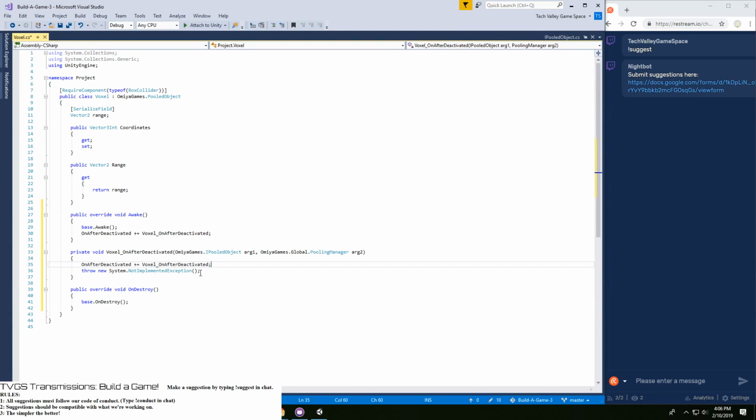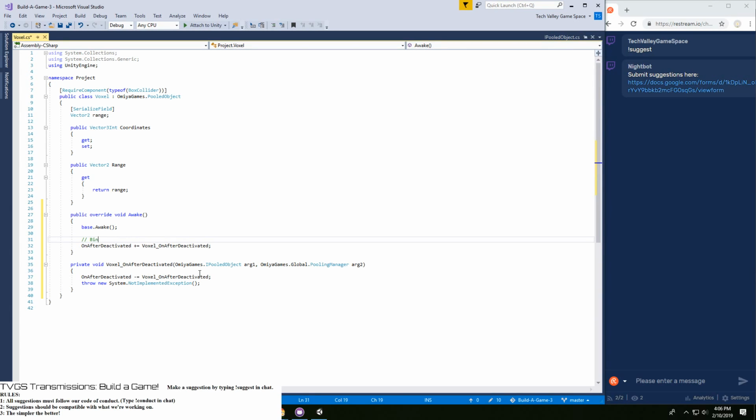So what that did was it's binding to a new event. So we don't need this destroy anymore. Bind to the deactivate event. Unbind to the deactivate event.